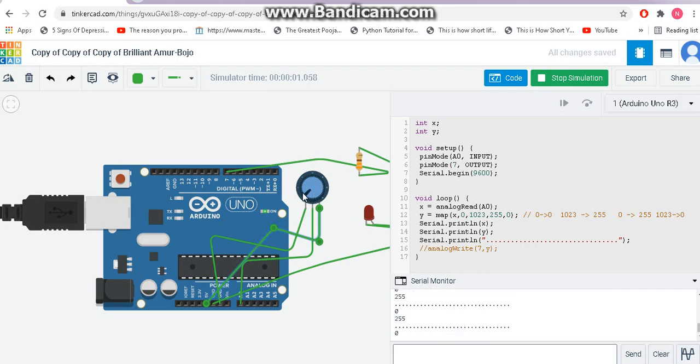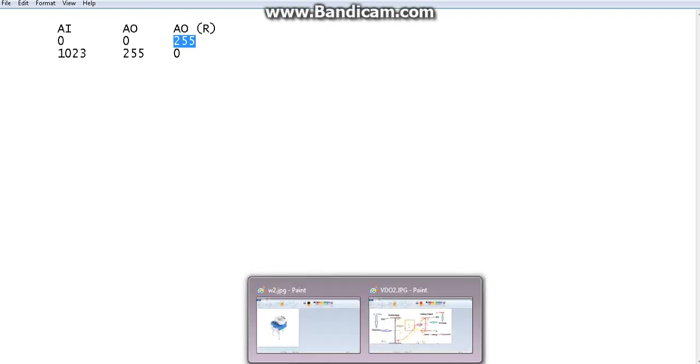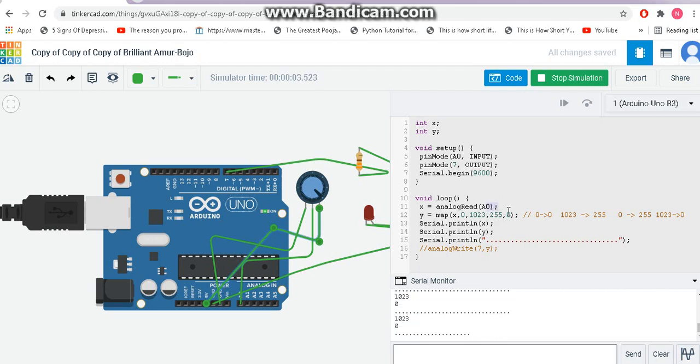So quickly increase. The input is increasing. You see the first value is increasing, the second value is decreasing. The first value has gone from 0 to 266, the second value has gone from 255 to 199. So the output is working the opposite way. The LED's brightness will go down now when we are increasing the input values. When you come to 1023, the output is 0. For 0 it was 255 earlier, right? So this is how we change the direction. We make things work the other way around just by changing the values in the map, 255 to 0. That's all you have to do.